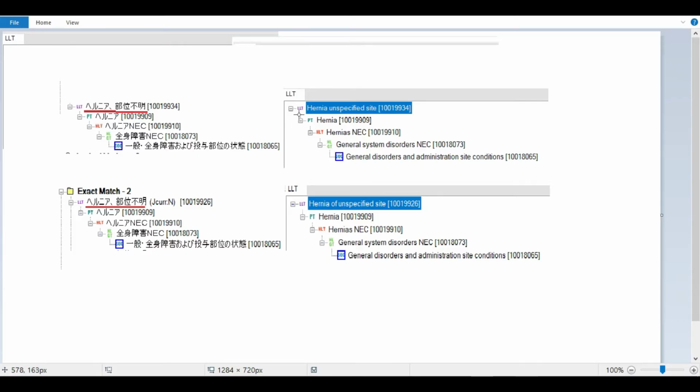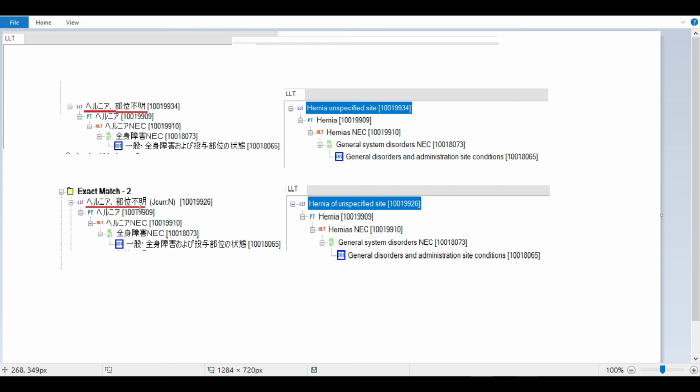When I enter the English term in the dictionary, both of them are current terms, and we are able to encode both the English terms. So the corresponding Japanese terms are also encoded successfully. But the problem here is that this particular term is a non-current term. The reason why this is a non-current term is because both the terms are the same.